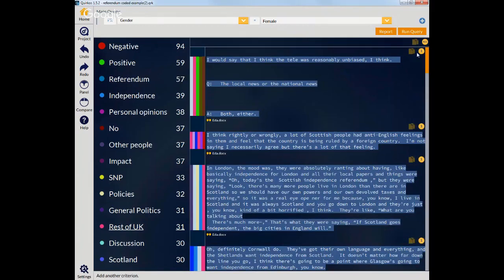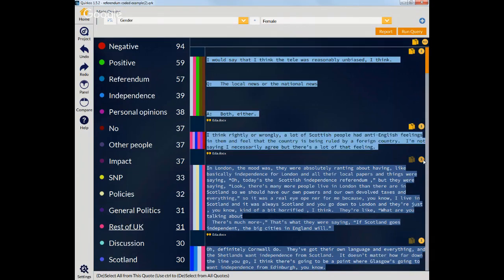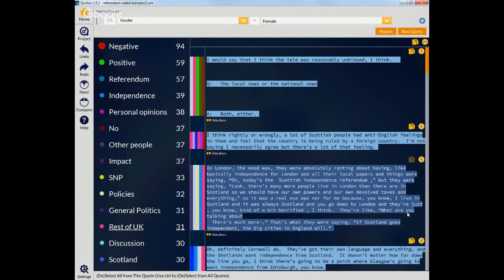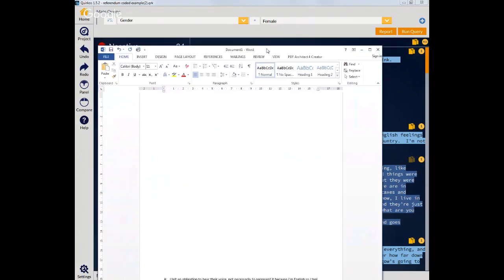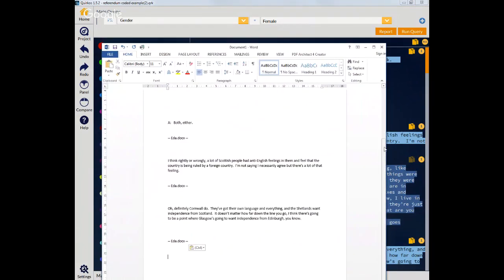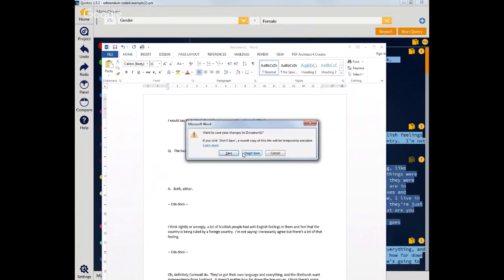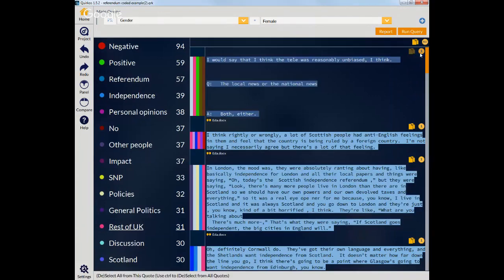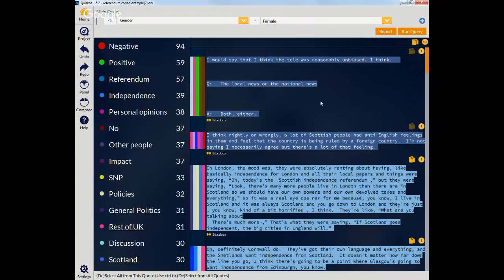We can also select the quotes individually with this one button, which just selects a single quote. So click here. Maybe I actually just want these three, but not that one. Now I can press the copy button again, and in Word, it's only going to give me those three quotes that I wanted. So you can be very specific about how you want to do that. And of course, you can use select all to select all of them and deselect ones that you don't want in there. So it's a very powerful tool for getting just the quotes that you want